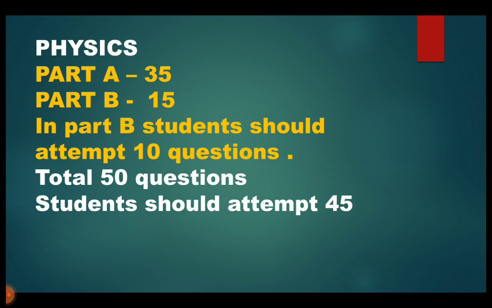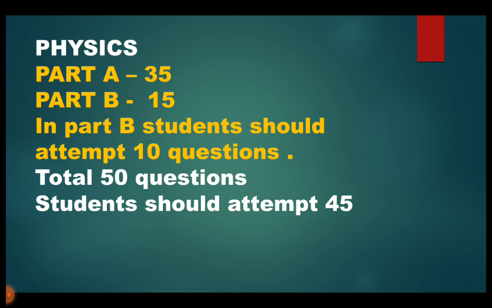How is that? In part A, 35 questions are compulsory, and students should attempt them. In part B, out of 15 questions, students should attempt 10 questions. Once again, the students will have some doubts about what if they answer more than 10 questions. Yes, even if you answer total 15 questions, you can see in the information bulletin, the information is clearly mentioned that even if you